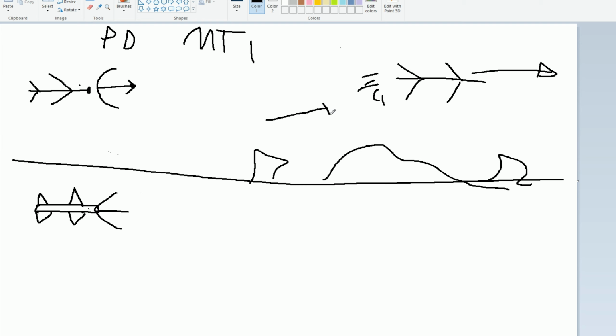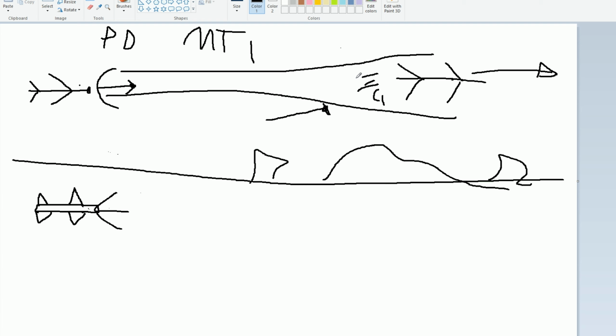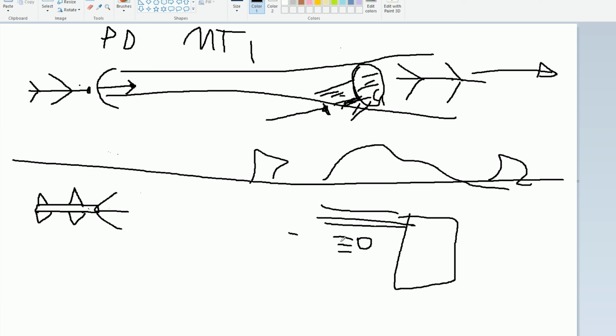Imagine that the missile is right here. It's close to the chaff. The radio beam is here, but the chaff is here. It has so much radiation coming from this, because the target is closer and normally it's bigger. Remember, a smaller target will bounce a certain amount of radiation, but a bigger target will bounce much more